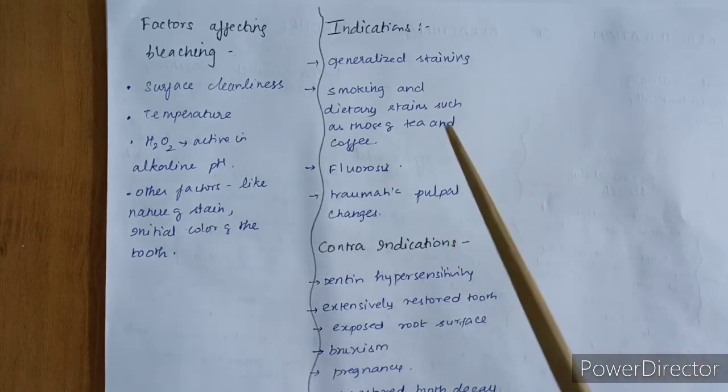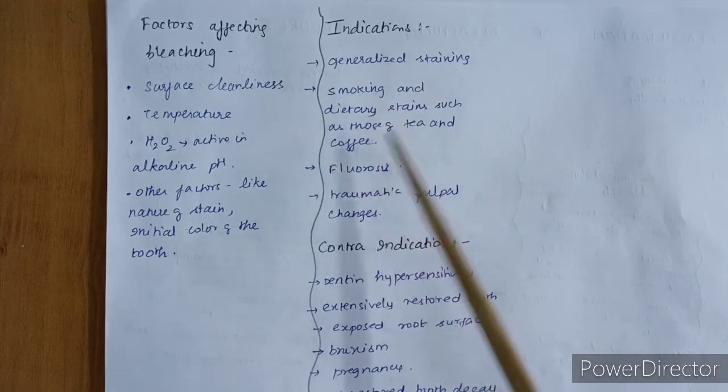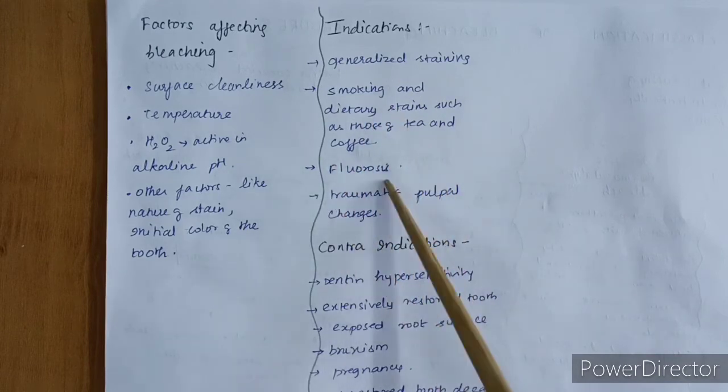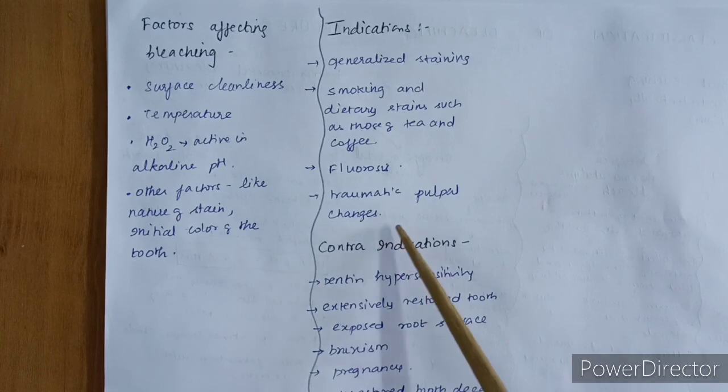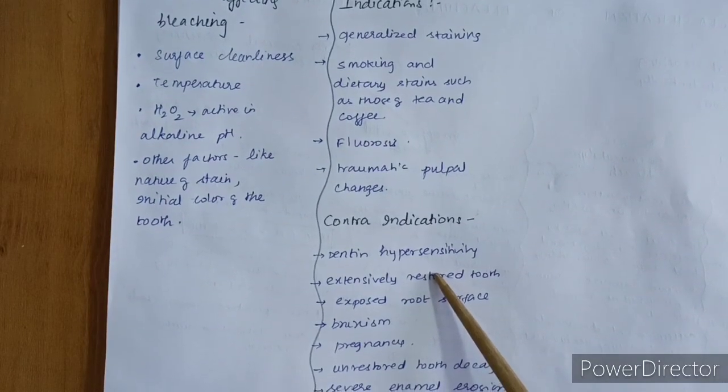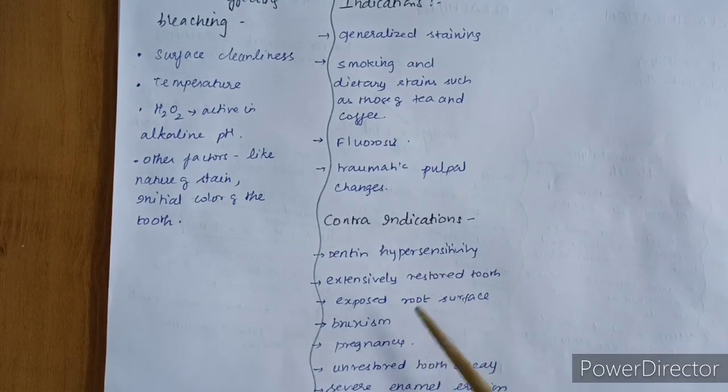Indications are generalized staining, smoking stains, food stains, fluorosis, and traumatic pulpal changes also. Contraindications are when the patient is already suffering with high hypersensitivity, extensively restored teeth, exposed root surfaces, bruxism, pregnancy, tooth decay, and severe enamel erosion because of regurgitation, etc. So these are the important topics we have to cover when